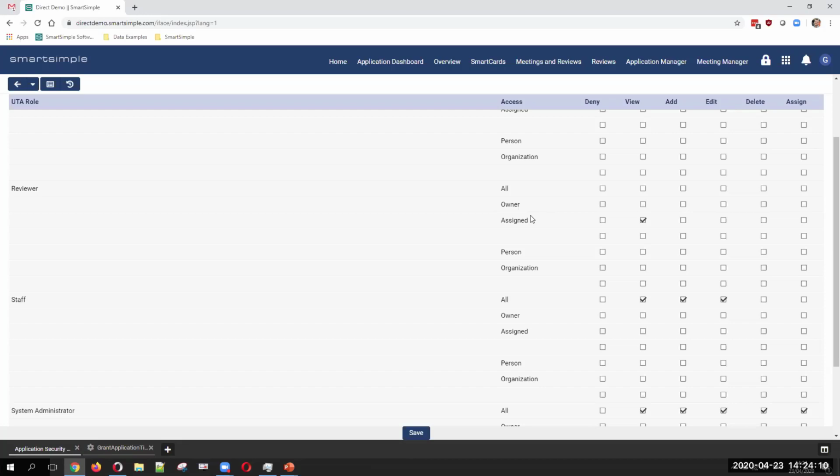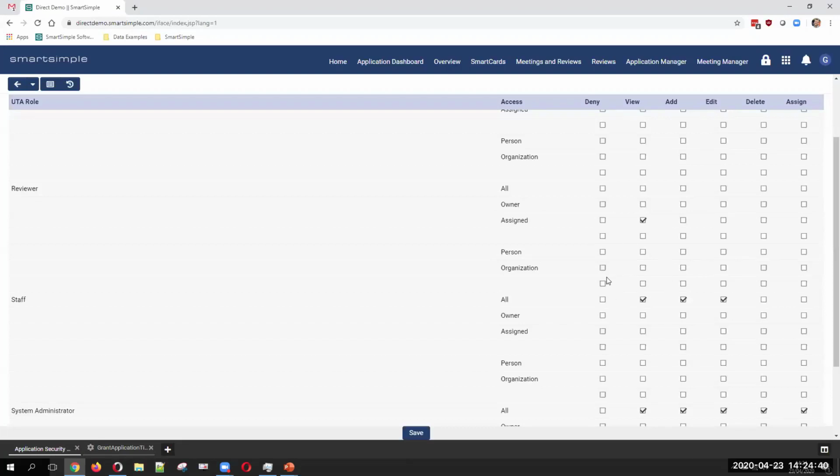the application form. Again, you can hide fields on a field by field basis or a status by status basis from these roles. But remember, we are talking about the very top level of security here. And the same is true, if we left organization checked here, the reviewer would be able to see any application that their organization has submitted. So with these kind of options, they are very, very powerful, and they do require some considerable testing before they